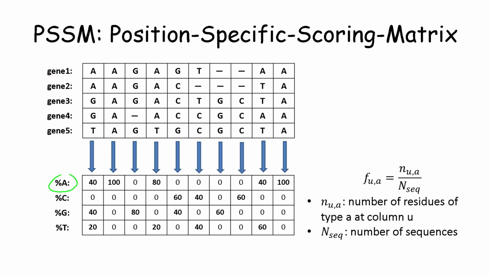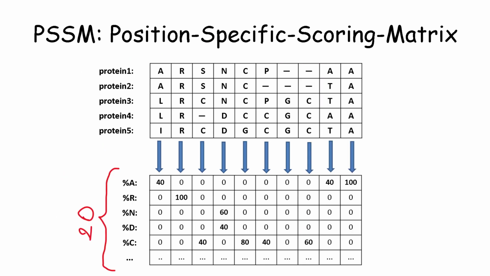For instance, the frequency of A in that first column is 2 out of 5, which is 40%. If the length of the alignment is n columns, then the PSSM will be a 4 by n matrix. If the multiple alignment contained proteins instead of DNA, the size of the position-specific scoring matrix would be 20 rows